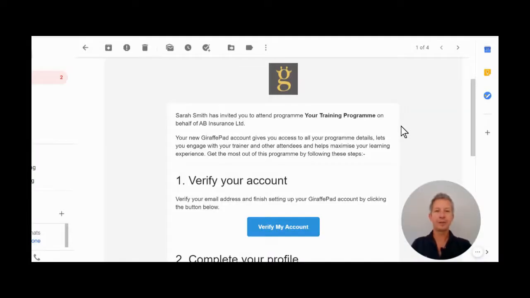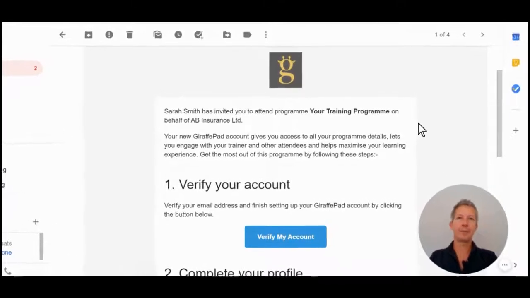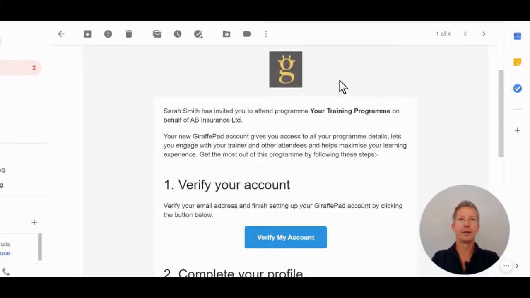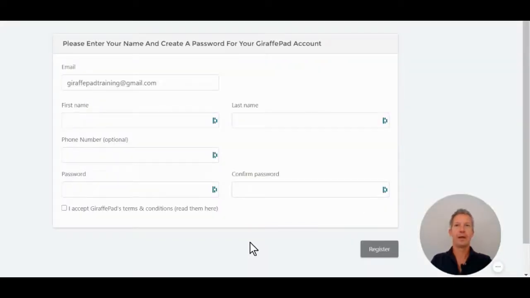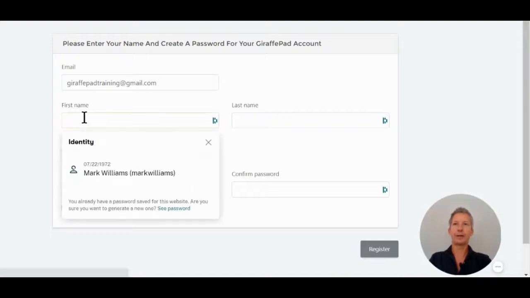Okay, so the first thing that will happen is you will receive an email that looks a little bit like this. It'll have the GiraffePad logo in here. It'll have the details around who has invited you into the program and the name of the program or the event that you're attending. And this is how you set up your GiraffePad account for the first time. So if you click on this blue button here for Verify My Account, it will bring you to the registration page. So if you complete the obvious details,